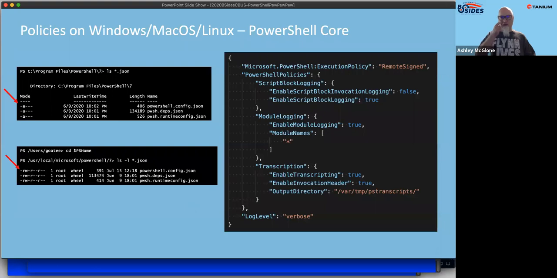Now, if you're doing this on macOS or Linux, and you can even do it this way on Windows PowerShell as well, again, in the $PSHOME directory, you look for JSON files, and there's a PowerShell.config.json. If the file is not there, most likely you can create it. And so then in that PowerShell.config.json file, you can provide these settings, which will be in the slide notes later for you. And so this is the JSON saying, hey, turn on script block logging, turn on module logging for